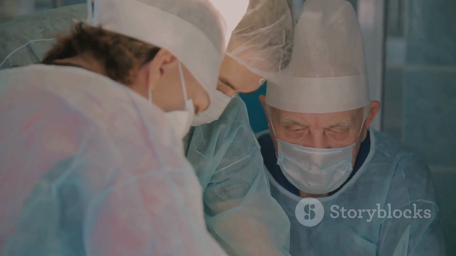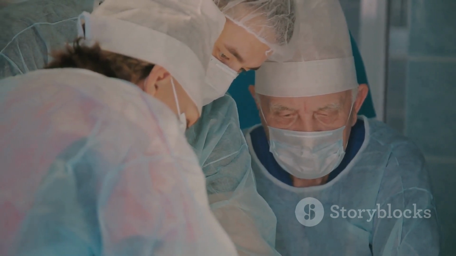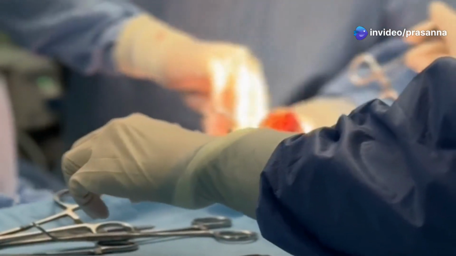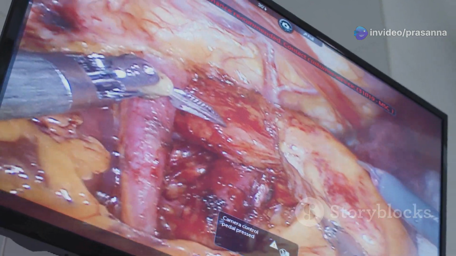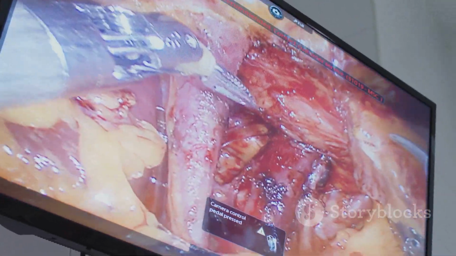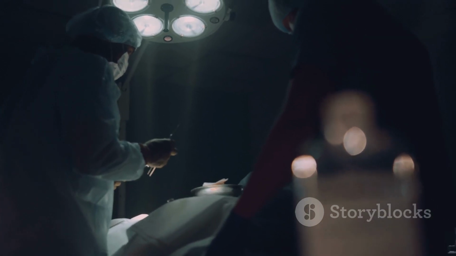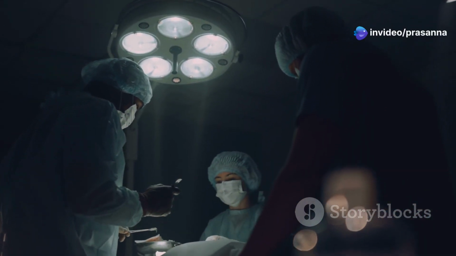Imagine a surgeon as a conductor leading an orchestra, and the surgical instruments as the instruments. Each instrument plays a crucial role, working in harmony to achieve a successful outcome. Just as a violin produces beautiful melodies, a scalpel makes precise incisions. And just as a trumpet delivers powerful notes, a retractor provides the surgeon with a clear view of the surgical